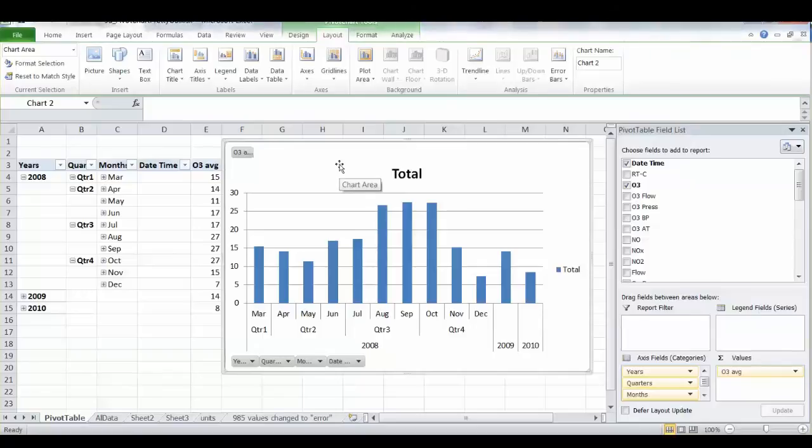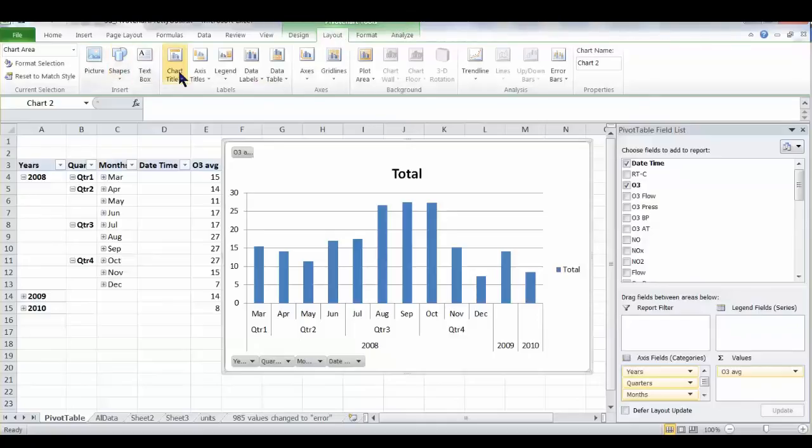Customize this chart so it looks more interesting and tells the story we want to tell better. Just like a regular Excel chart, if you click the chart, then you have this tab at the top that says Pivot Chart Tools, or if it's just a regular Excel chart, it'll say Chart Tools. And the easiest way to navigate from object to object in the chart is to click the Layout tab, and